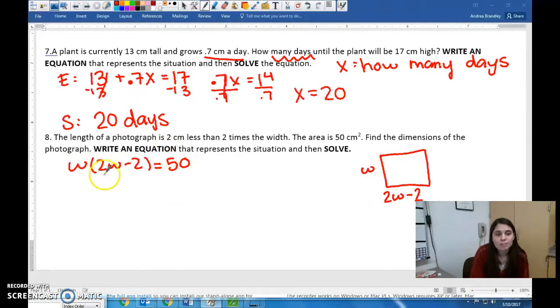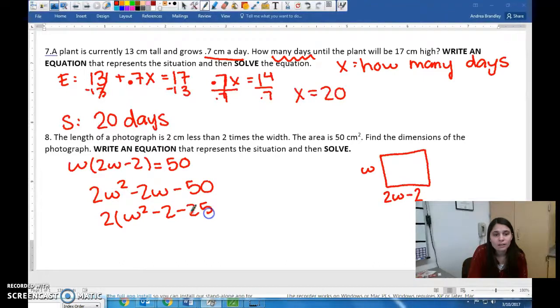So I'm going to kind of speed this process up, but you're going to multiply these things together and get everything on the same side, which leaves you with 2W squared minus 2W minus 50, which you can then factor and solve. So once you factor out your 2, oh, this is just 1W, then you can factor and solve this, and then you'll know what your width